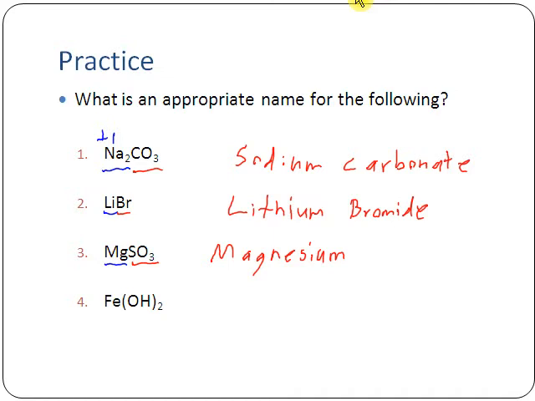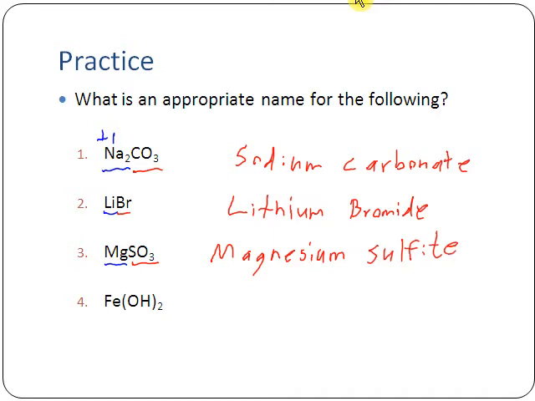Does it contain one more oxygen in the -ate form? Well, the -ate form's SO4. One more would be SO5. That's not this. 23. Does it have one less oxygen in the -ate form? SO4, drop 1, would be SO3. Yes, it does. And if that's the case, we change the ending from -ate to -ite, so instead of sulfate, we have sulfite, and so this would be magnesium